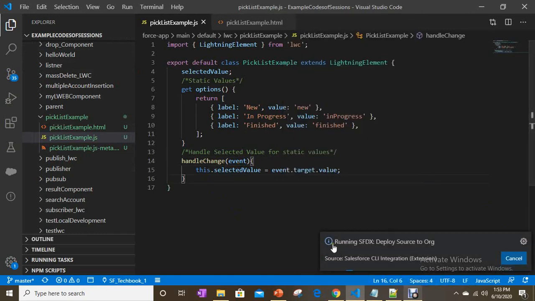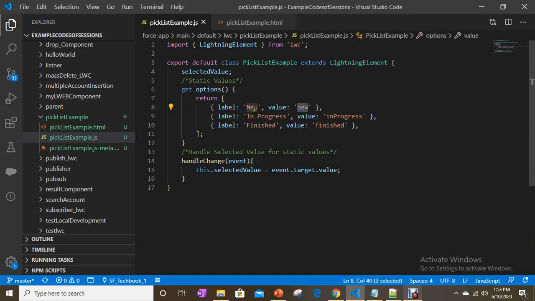That's it. It will get the value of the pick list or drop down, whatever the user selects. If they select new, then it gets new in small letters, whatever value it takes at the value place.